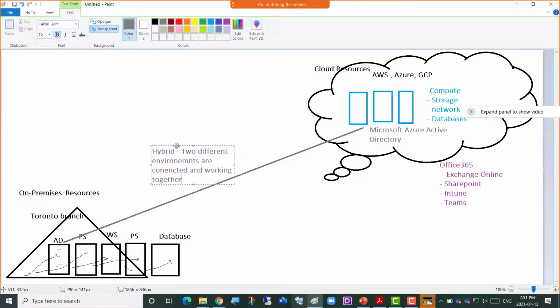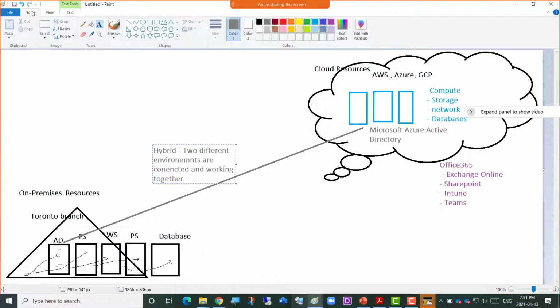So in hybrid, what happens is that you have these users which are here. The user John is here, user Bob is here, user Jane is here. So you synchronize these users to Azure Active Directory.